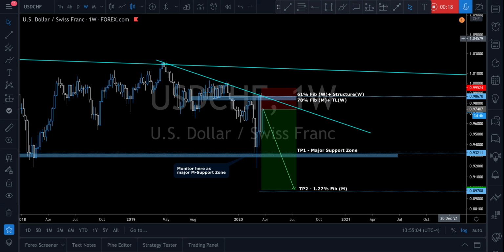So if you've been following us last week, you know that we've been looking at USD Swiss franc. We actually did end up entering the trade several times, taking profit each time. And now we're waiting for a deeper retracement, which finally triggered, so that we can actually get in towards TP1